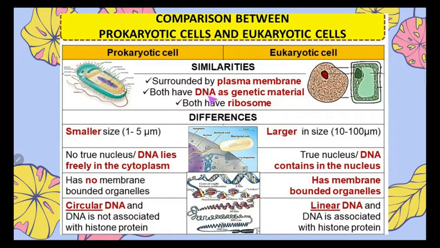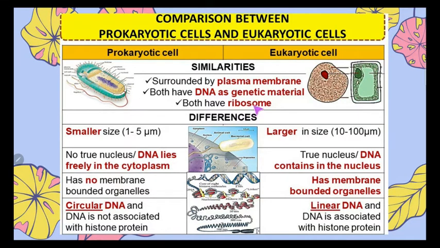Then both have DNA as genetic material, okay, of course. And the third one, both have ribosome. Okay, the only organelle that bacteria or prokaryotic cells have is ribosome, because prokaryotic cell only has organelle that is